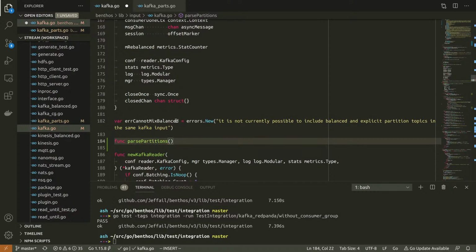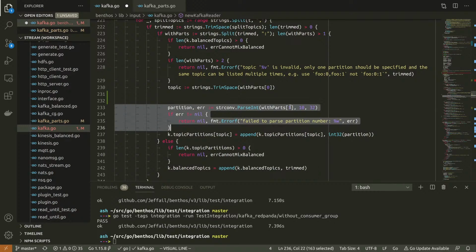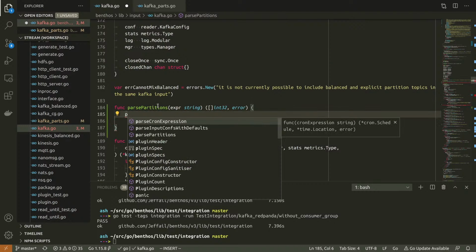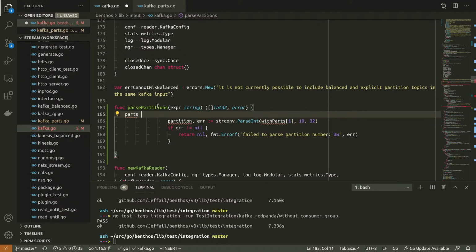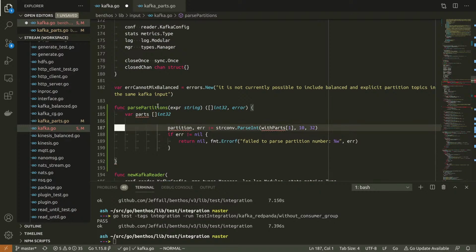Just say parse partitions expr, because it's an expression now, and we're going to give back a slice of numbers, or possibly an error if the syntax is bad. And I'm just going to pull this out now. Start off with a slice. Now I'm in the old world. It would have just been this.